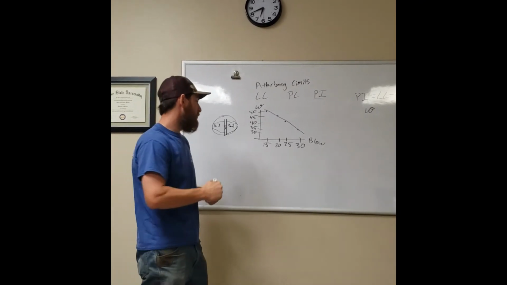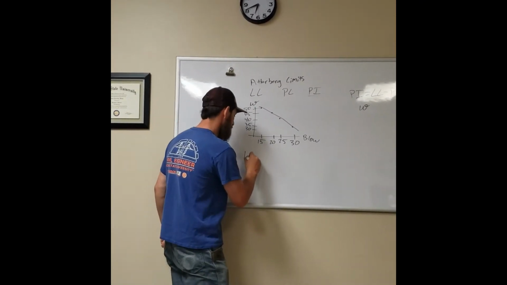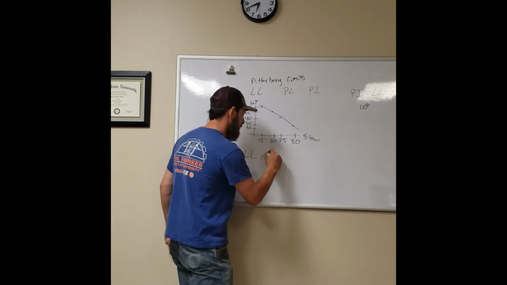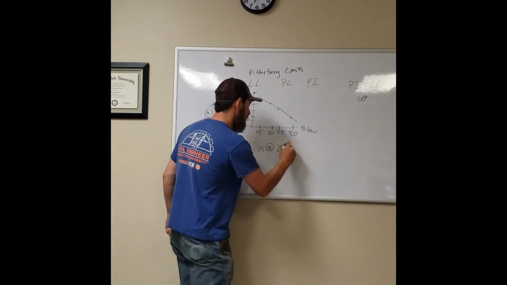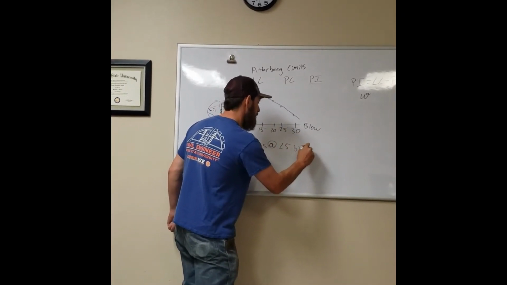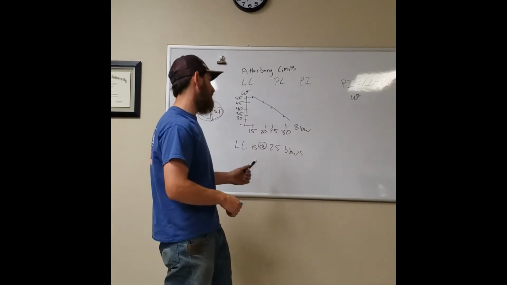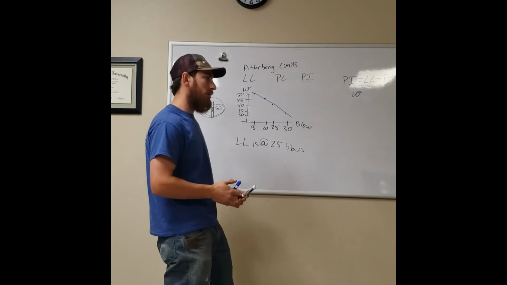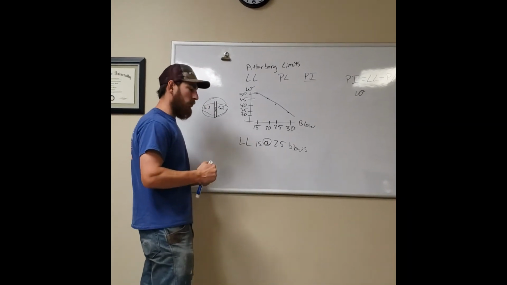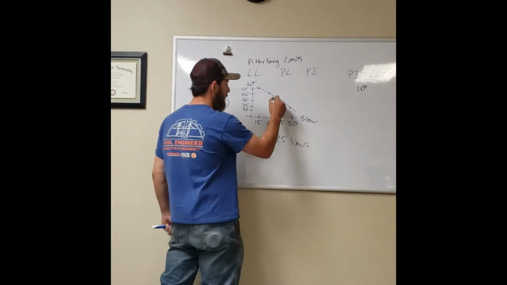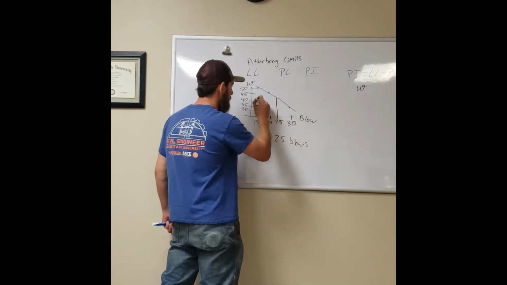Okay? Your liquid limit is at 25 blows. So you guys can try to use the empirical formulas that they give you. The formula is just to calculate this based off of one point. But the much more accurate way, especially if you can get exactly 25, is to come up here to 25,